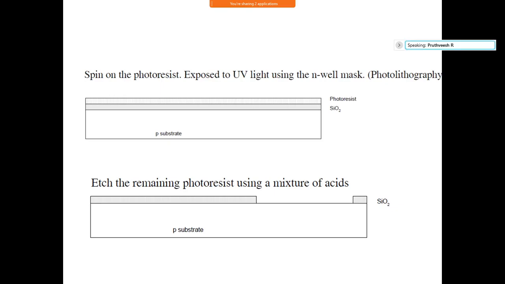Then etching, sir. Etching of the photoresist. Perfect. Now you develop the photoresist so that you can take out the softened portion of the photoresist, so that the SiO2 beneath that is exposed. Yes, sir. Correct. And then removal of that photoresist. Okay, develop means you're going to take out that soft portion of your photoresist.